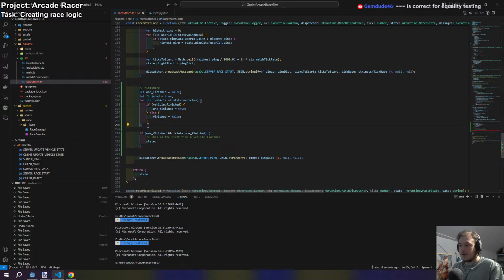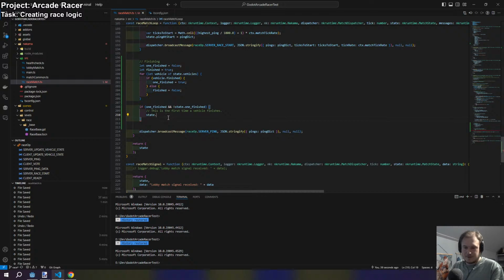Still did it anyway. And that's what I get. That's why I don't like it. I mean, code doesn't have to run. It doesn't really matter. You could optimize it, like check if one finished equals true, and then don't do it. It's one singular check for true or false anyway. It doesn't